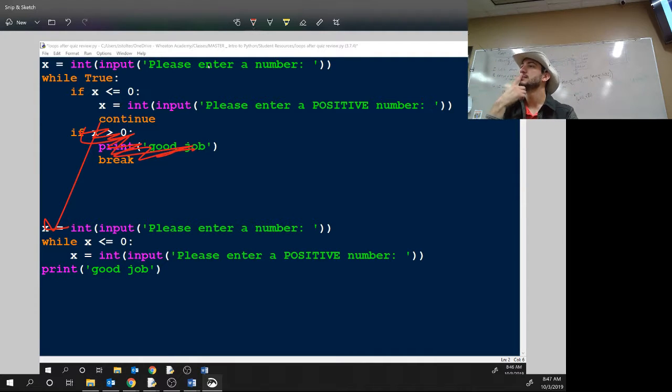So when you have continue, can you program it to keep using continue until they enter the correct information, or you don't really need to, right? If it's a little loop like this, you probably don't need to. But